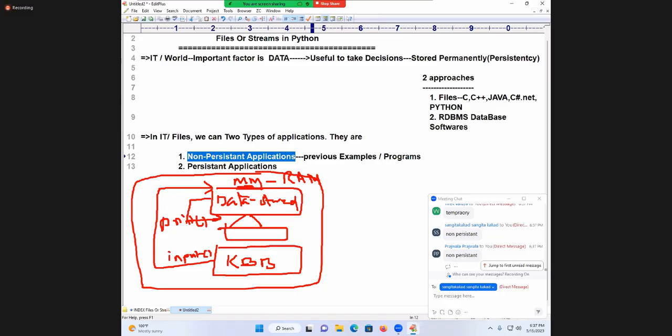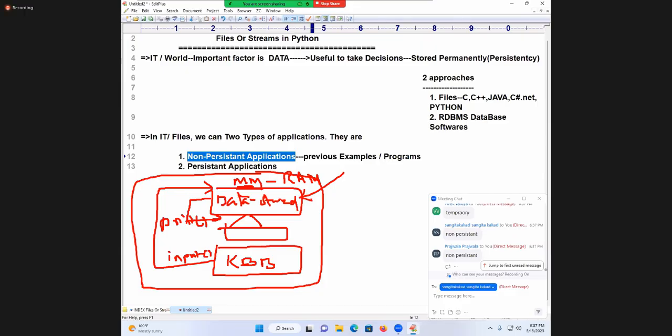Main memory is temporary or permanent? What is meant by temporary? As long as the program is active, the result is available. Once the program is deactivated, the result is gone. That is known as which memory? And compulsorily, the data has to be operated and processed in main memory only. Are you following?